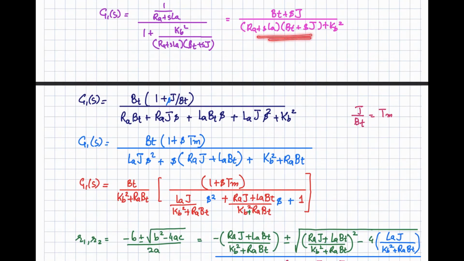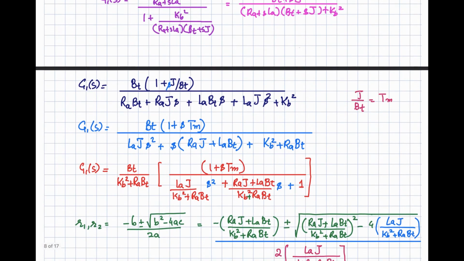So first of all, taking this transfer function, we are going to take this Bt common out. If you take Bt common out, we can write it like that, 1 plus S into J by Bt. So this J by Bt is the time constant of the mechanical part of your machine: the machine inertia constant divided by the frictional constant. And this Bt is equal to B1, the motor friction, plus the load friction. So we can write it like this.